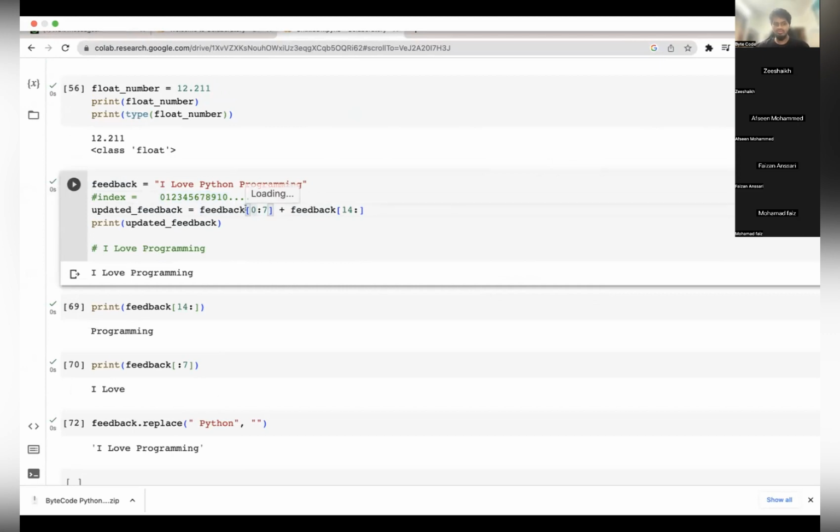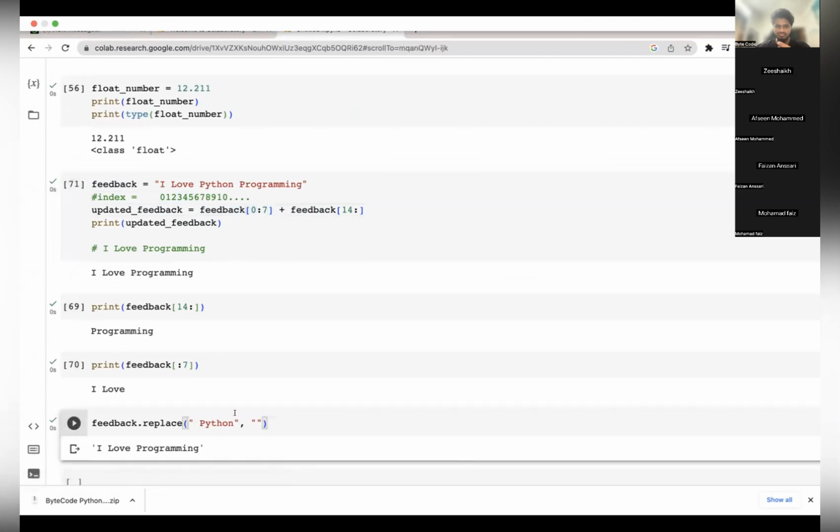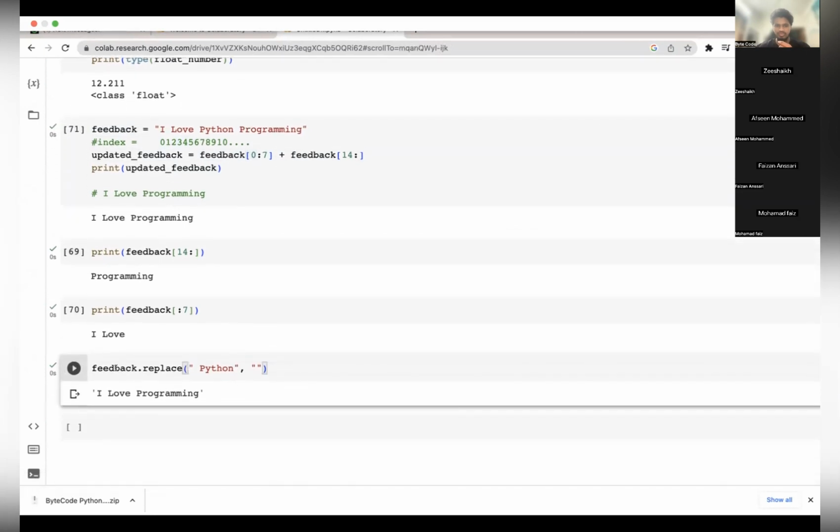No, that I understood. The problem I was facing is with another function called replace that you use to replace the Python word. I'm trying to replace a word, but I'm facing some difficulty with the brackets in that particular line. Like feedback, you have to get the string.